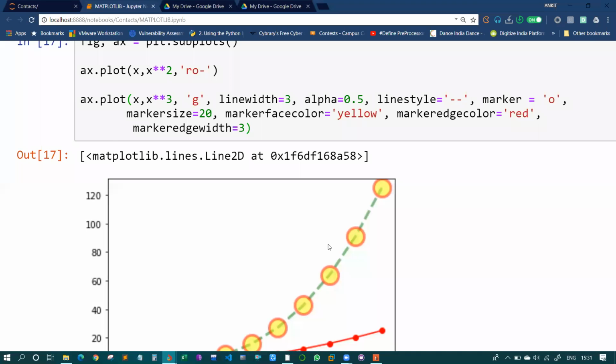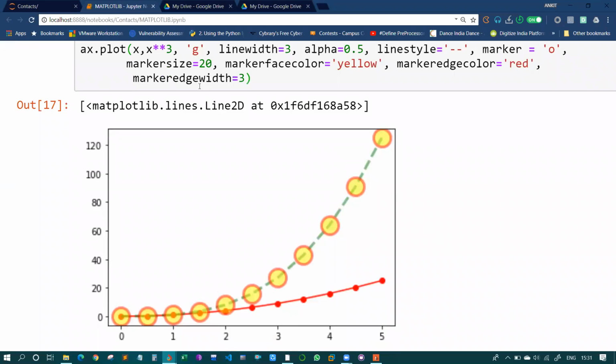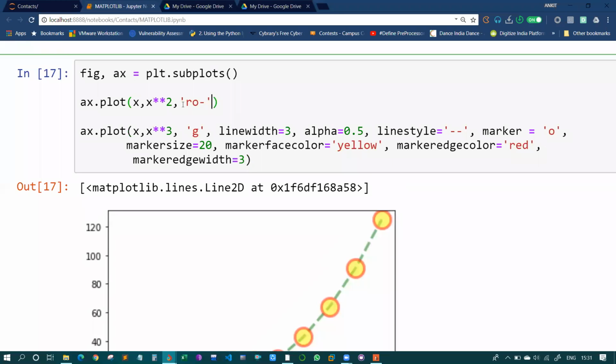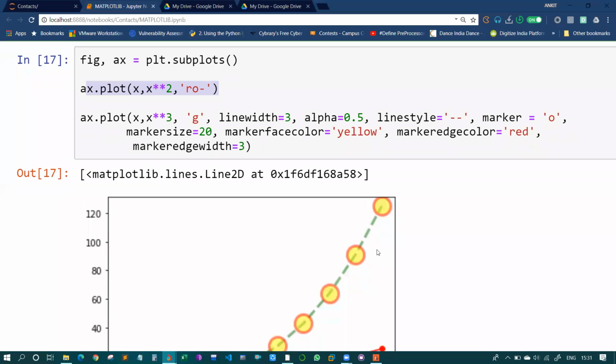Fine, so we can customize the following properties. Here we have written it using just r, o and minus, just these three things. Here we have customized everything: the marker, the marker's edge color, marker line width, line color, everything. So in short, we can also write it like this. But here there are a few properties which are set by default, so you need to use those only, or else you need to write it like this. Okay, so we have done up to this part.